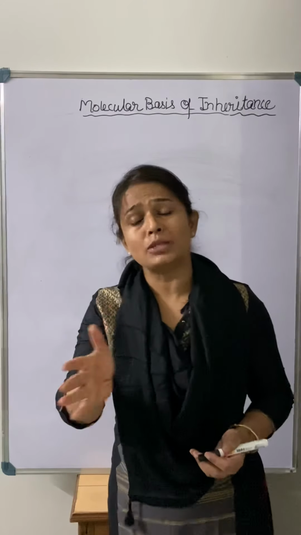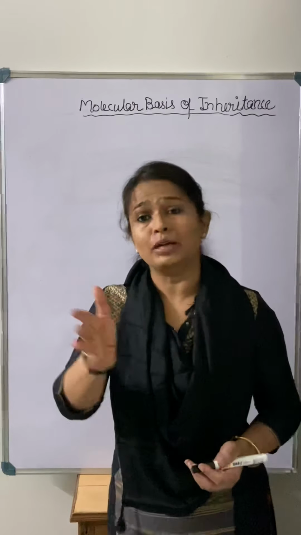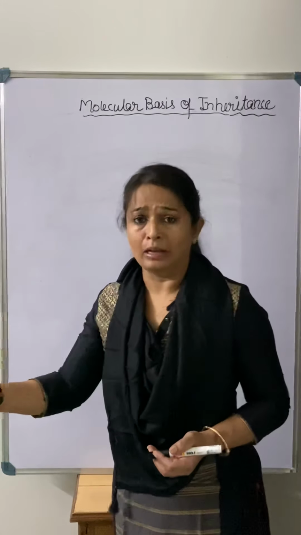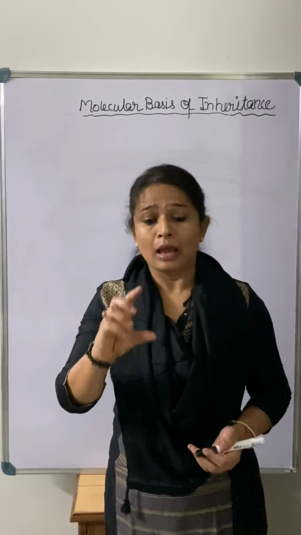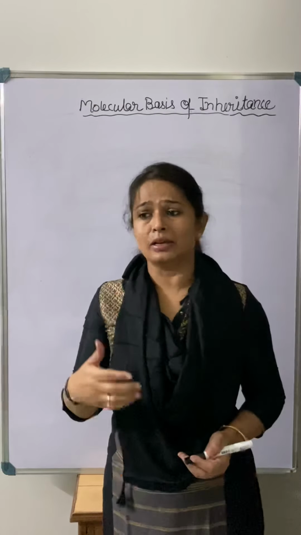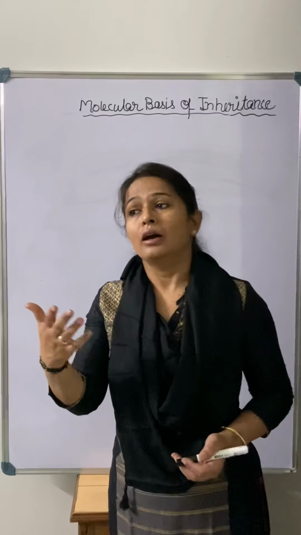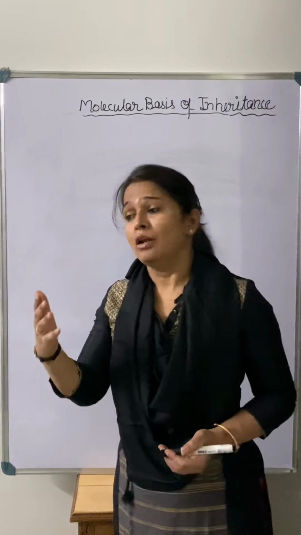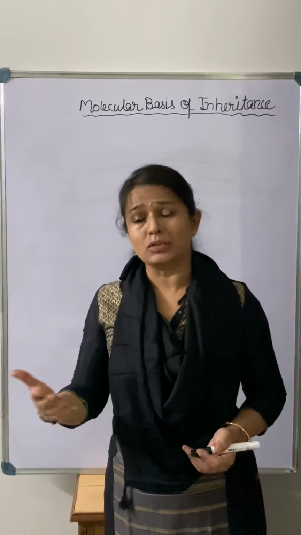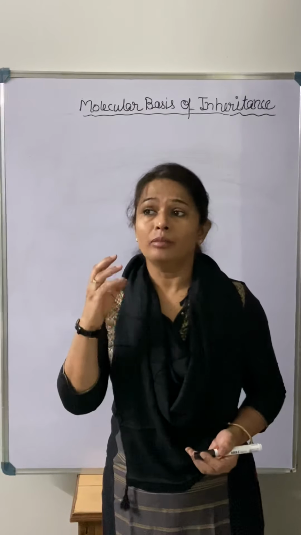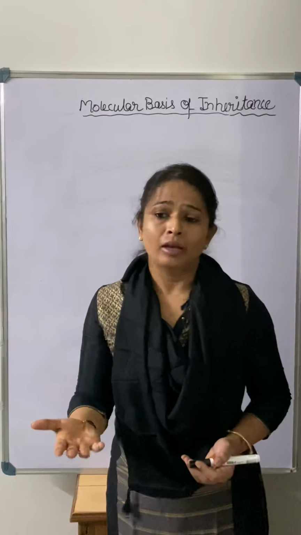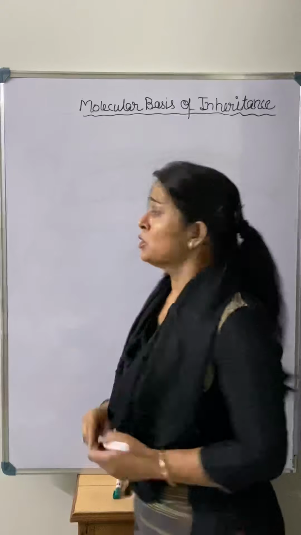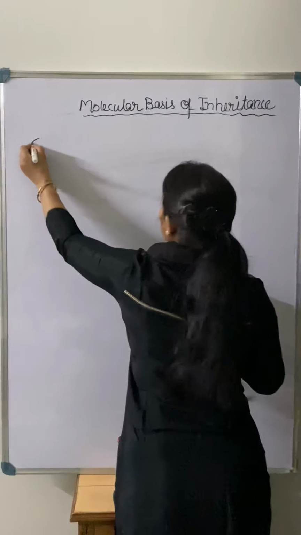So how is the information passing from the DNA to the cell, or you can say the multiplying cell? There is one process by which DNA gives its information to another molecule, and that other molecule forms something that is actually the characterization of any character, or you can say the visibility of any character, right? That we call the central dogma.